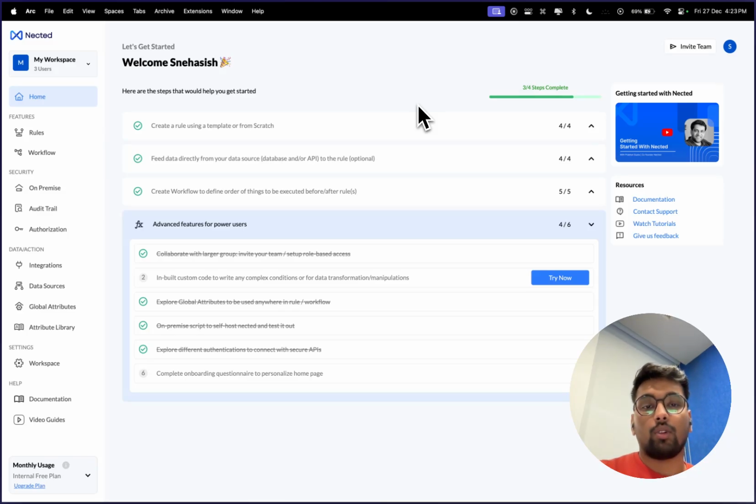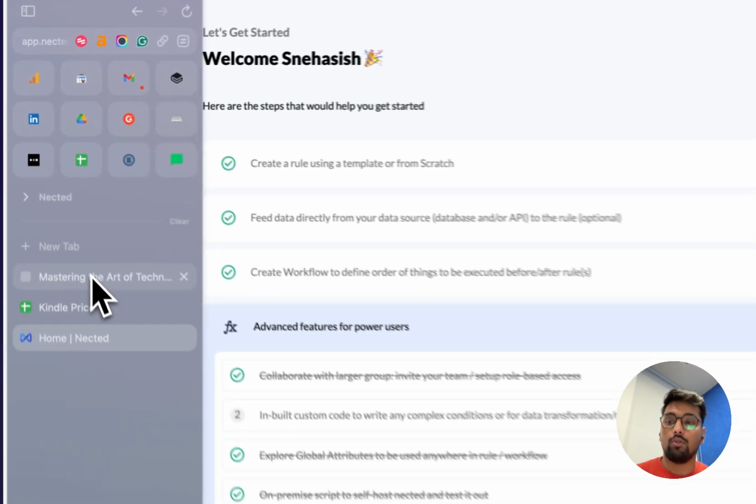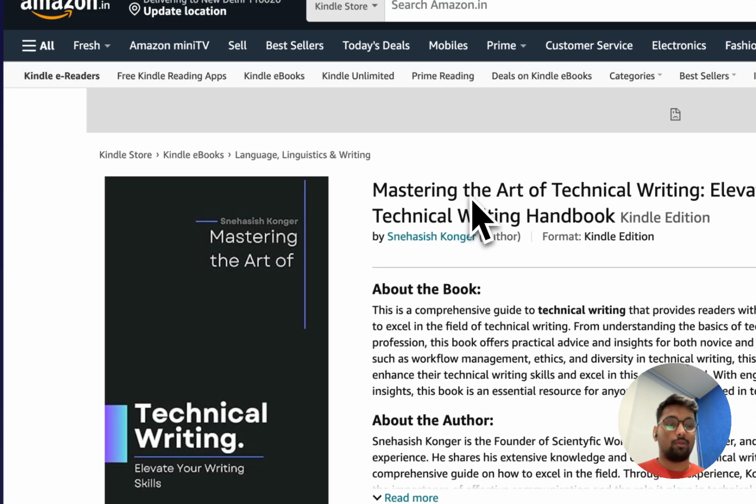So today we are going to build a type of rule where we will control the pricing and we'll try to make it like Amazon does. We have taken the example of Amazon because it has the most complex and widely accepted dynamic pricing model in it. So for that, we have created a small UI for you to understand it more